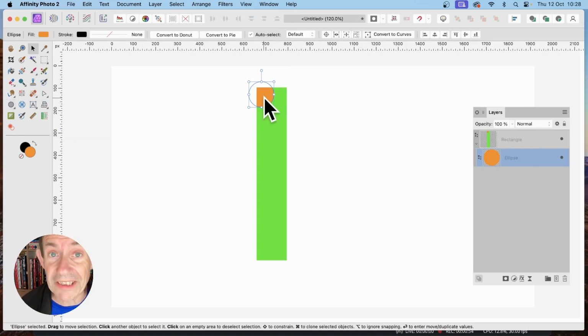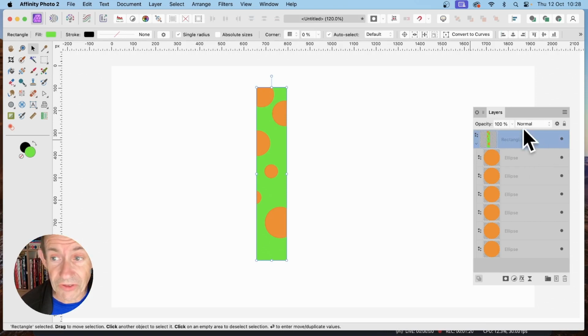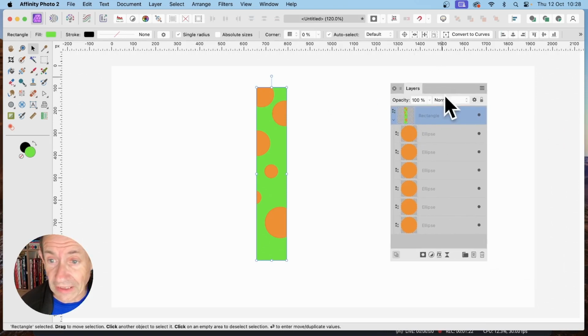And once you've got that design there, you can create, of course, multiple circles, but you can also use the Alt or Option key on the keyboard and just drag and duplicate that design. So with that design, I can now blur it. So I can just simply select the entire rectangle. So you can see over the layers, all selected, all the ellipses that are part of it are also selected